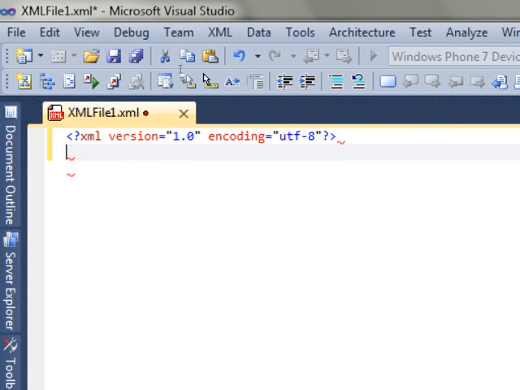Now what is required in any XML document is at least one element. How am I going to write an element? An element is represented in the form of a tag. What do I mean by in the form of a tag? Anything that you write in between the angle brackets, that is less than and greater than, is considered a tag. It is not considered part of your data. Now the usual question: what if I want to represent only those two symbols? What are you going to do? We have an option for that.